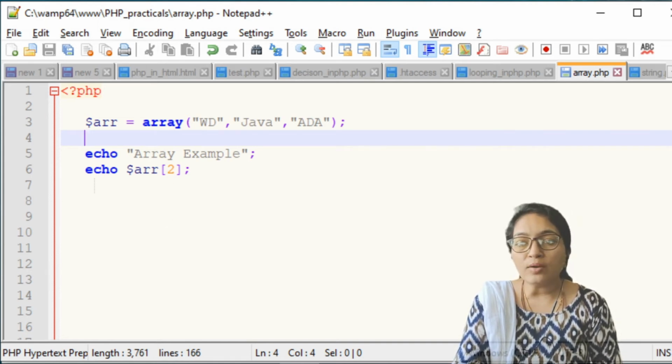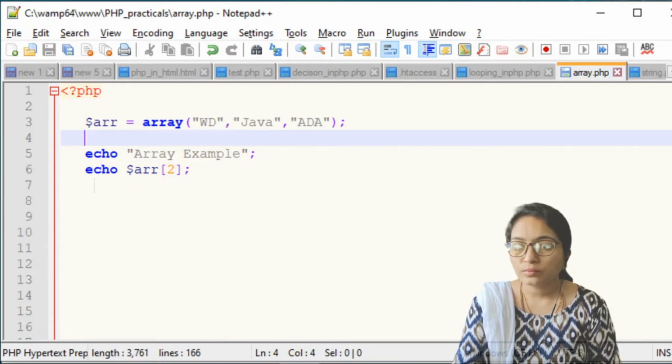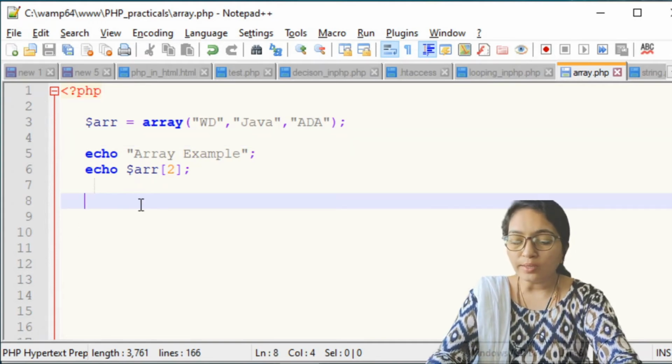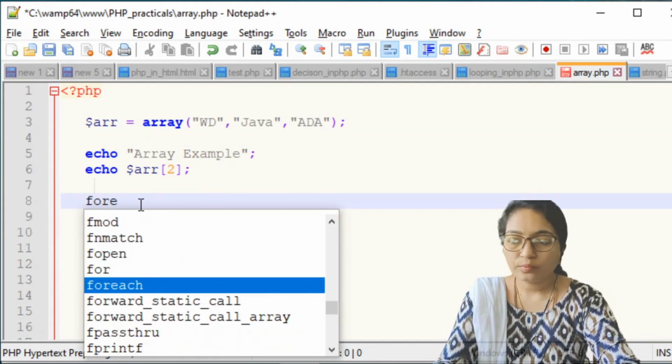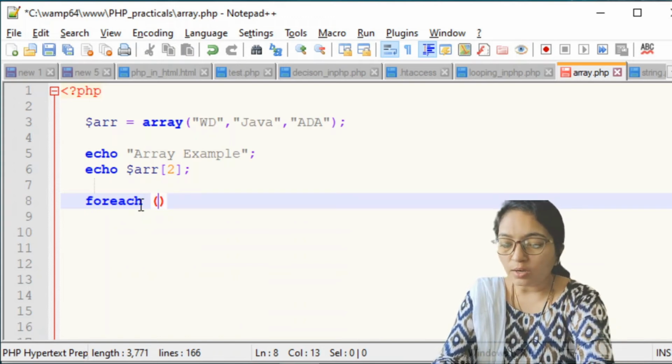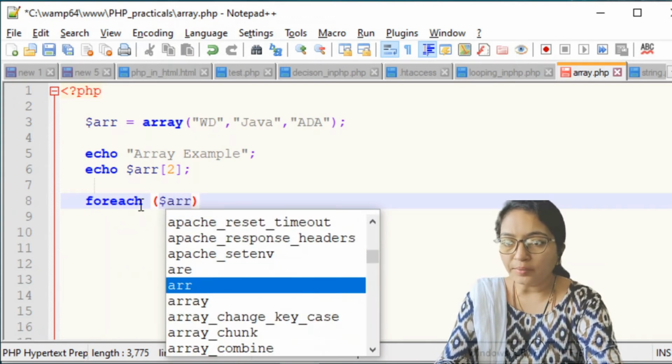Now how to traverse the array? We can traverse with the foreach loop. Okay, so let's see how we can traverse. Now here foreach, our array name is what? $array.